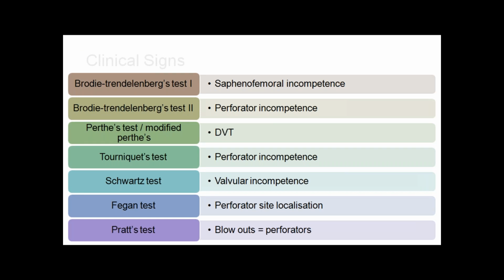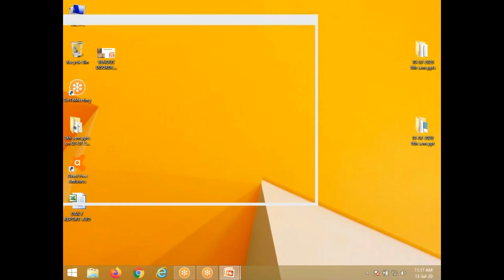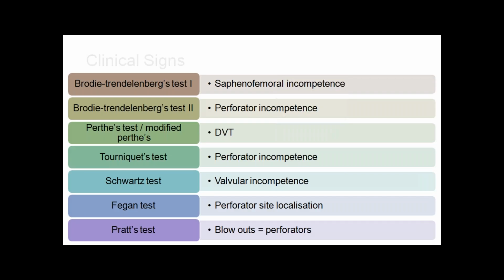We will again ask the patient to lie down. Again, we will empty the veins. Then we will put the thumb over the saphenofemoral junction. Again, we will ask the patient to stand up. This time we won't remove the thumb from the saphenofemoral junction. Instead, we will observe the gradual filling of the veins. That infers perforator incompetence. So that is the difference between 1 and 2.